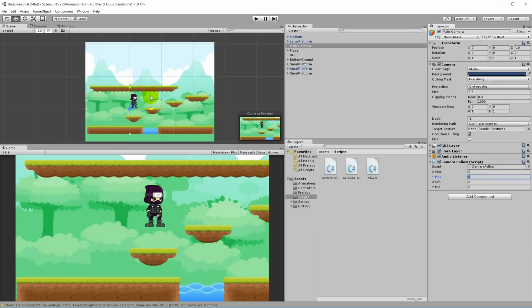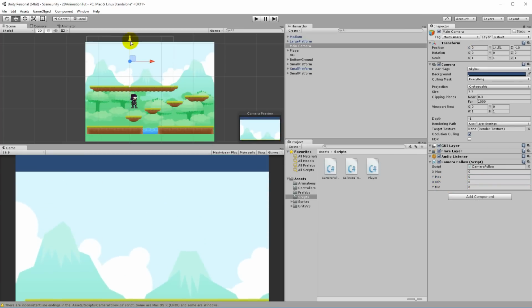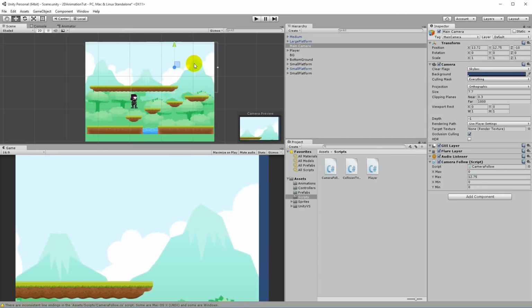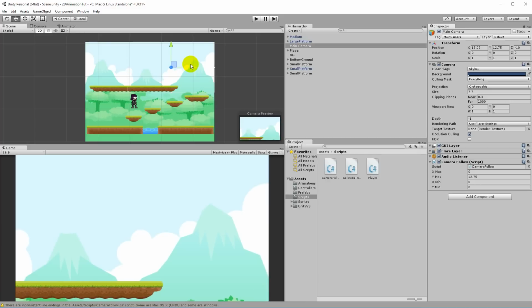The y max value is, if we go all the way to the top here, just before we can see the blue sky here, 12.75. So the y max, and the maximum x is, just before we can see the edge here, let's see, what is it, 13.02, that's 13, let's just say 13, and let's go with 12.75, that's fine.